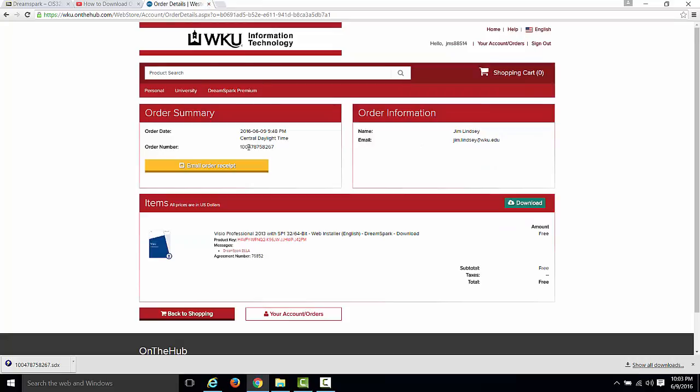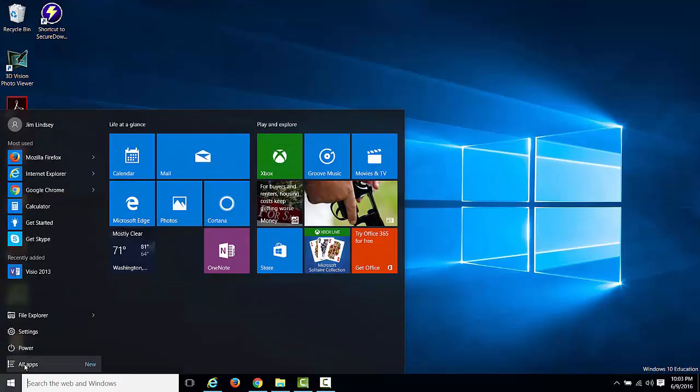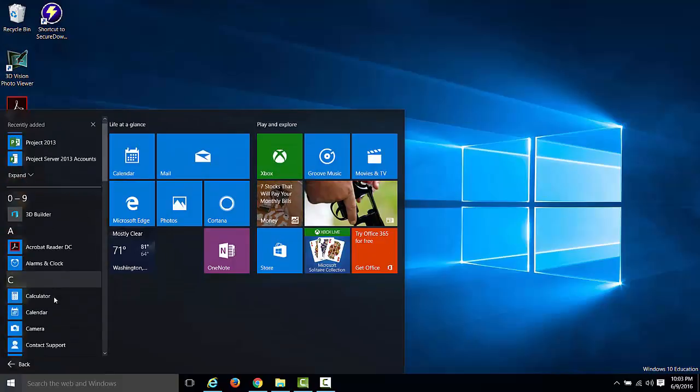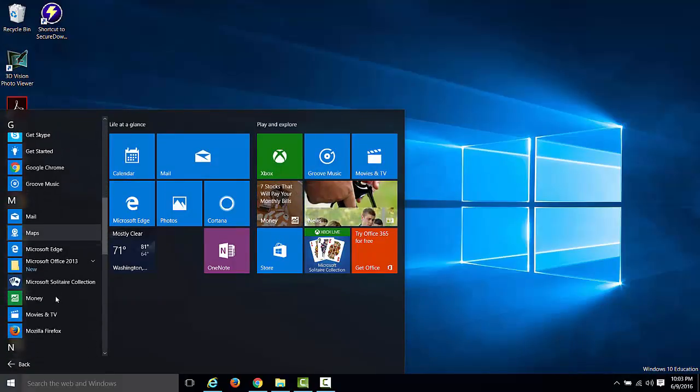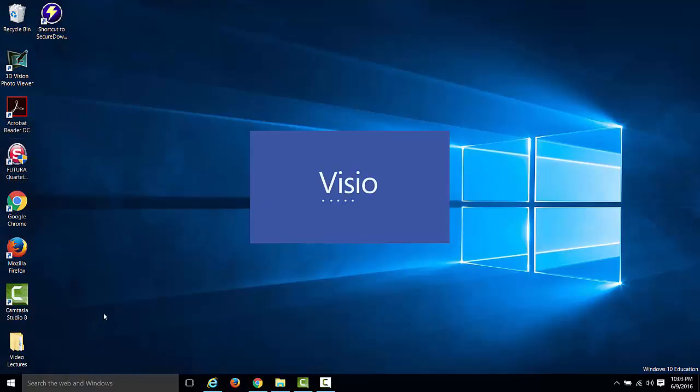Go ahead, and we need this. We're going to need this authorization key in just a minute. Let me go ahead and try and start the program. So I'm going to go to my apps. Again, this is Windows 10, so it lists it under apps. If I go to Microsoft Office 2013, there's Visio 2013. I click on it,